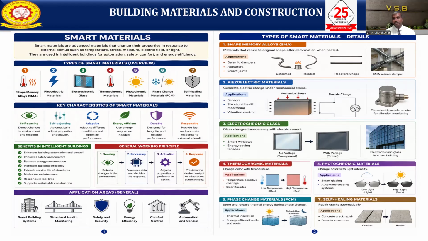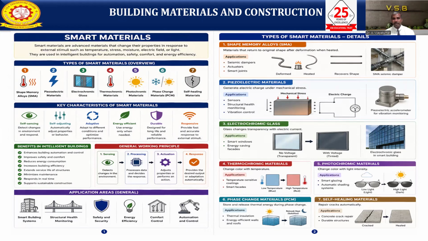So in this slide we see the different types of smart materials. The first one is SMA, that is shape memory alloys. It is a material that returns to its original shape after deformation when we heat it. So deformation will be there, and after we heat it, it comes back to the original position. Where can we use this type of SMA? Seismic dampers, actuators, and small joints we can